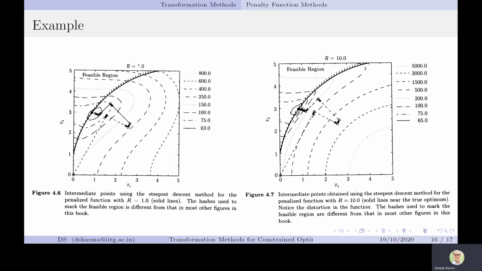what this particular analysis says is that even though at the beginning our constraint violation was small, the point was far from the optimum. So we get a point after performing the steepest descent method which is relatively closer to the optimum point, but our constraint violation was increased. And when we increase the value of r, we try to push this particular solution towards the boundary of the feasible region, so that we will get the optimum solution.